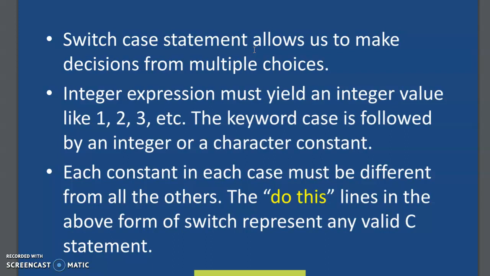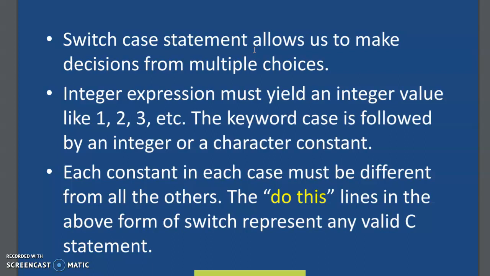Now, the integer expression must yield an integer value like 1, 2, 3, etc. As I told you earlier, an integer expression should hold only an integer value. We cannot have a floating point value in place of an integer expression.